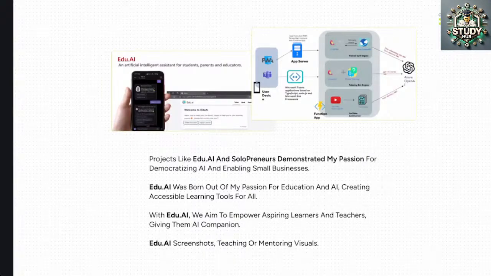In around June or July, we built an educational AI assistant within Teams and a standalone app, whose core aim was to help students and teachers learn better. And that time, ChatGPT was pretty new. If any one of you know, can you tell me, let's ask this question in the chat: when ChatGPT came into the market, what was the year and what was the month? Yes, it's November 2022. Absolutely correct. It's not 2019, people who are saying. It's November 2022 when we first witnessed something like ChatGPT, any generative AI tool.